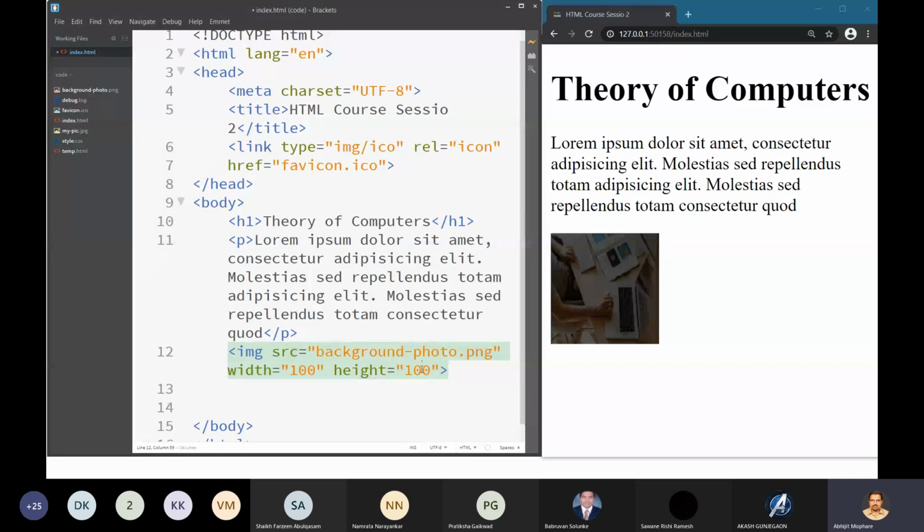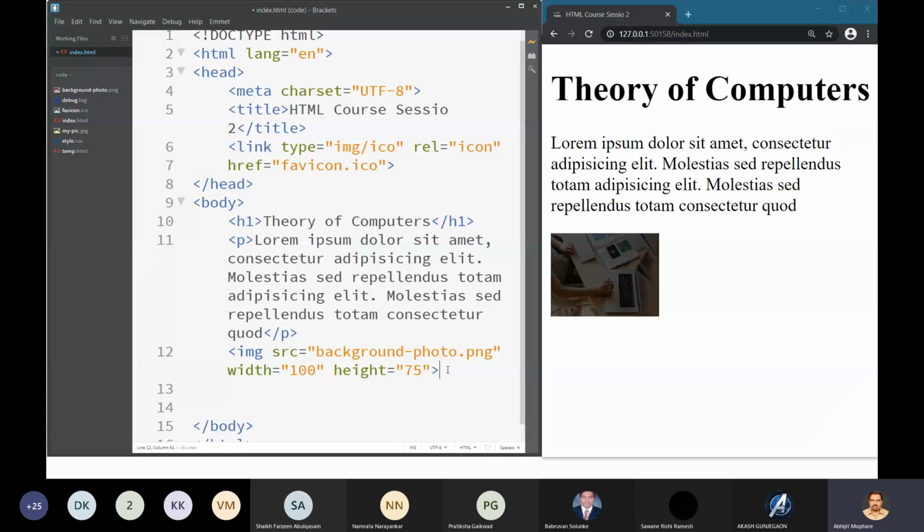So here I have broken the aspect ratio because this has become a square, which is perfectly wrong. The height should always be less. So I think 75 will be perfect, because the aspect ratio will be near to that. Okay, so now it is appearing proper. In this way, using height and width, you can increase or decrease the height and width of your image, which you are displaying on the page.